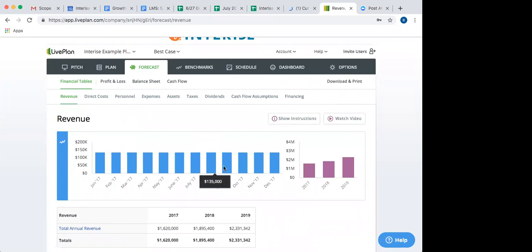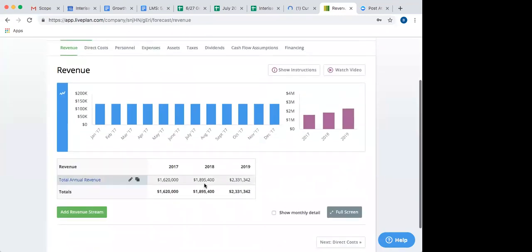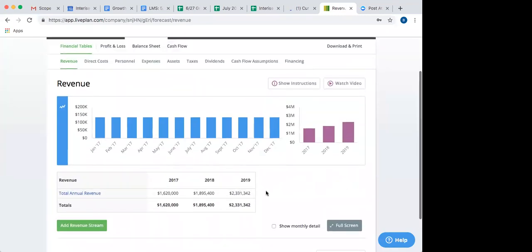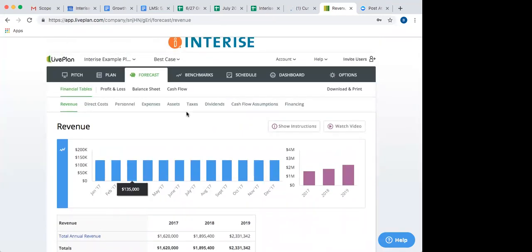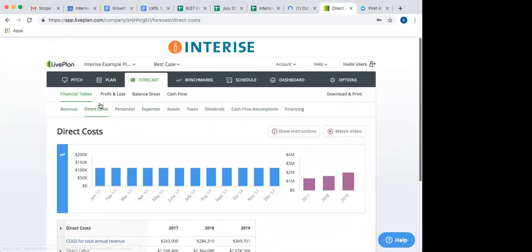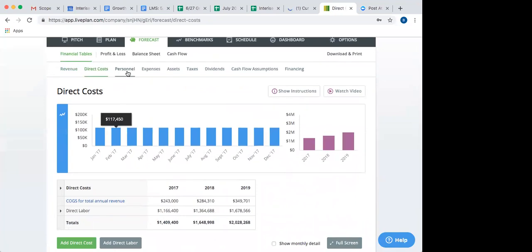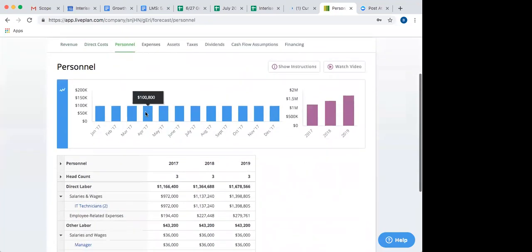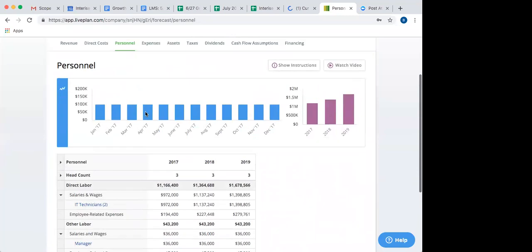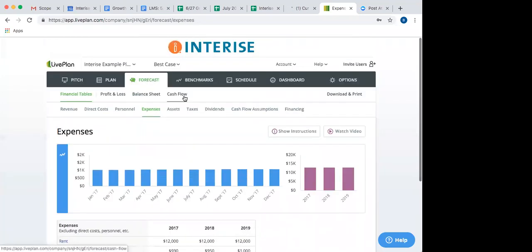But here you're going to get in bar graph format as well as just regular data, kind of your total revenue. You can add revenue streams. You can look at your direct costs. You can look at your personnel expenses. Again, it just continues to go right down. There's a lot. You can do cash flow assumptions, and then from within the financials, you can then,